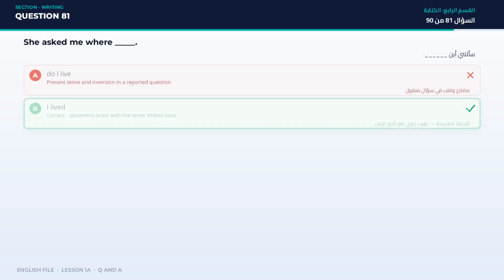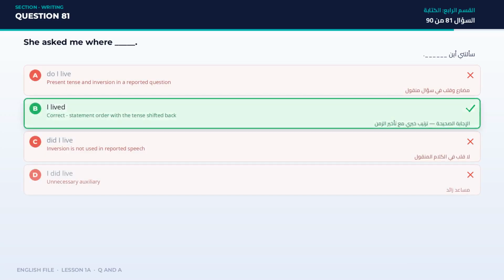Statement order with the tense shifted back. Not A, present tense and inversion in a reported question. C, inversion is not used in reported speech. D, unnecessary auxiliary. Question 82. The answer is